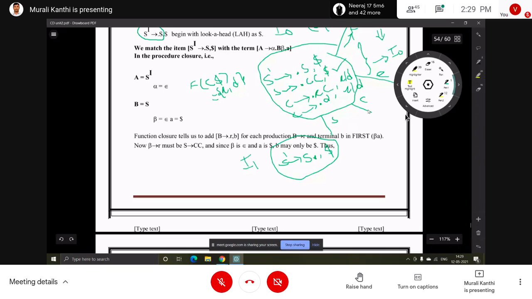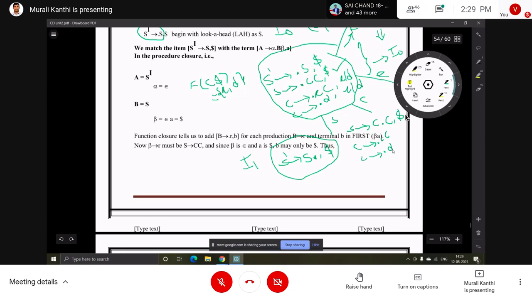So next with C. S implies C dot C, comma dollar. Next, after that which symbol is there? Capital C. Add capital C productions. C implies small c capital C, and C implies dot d.